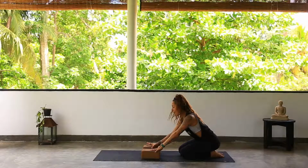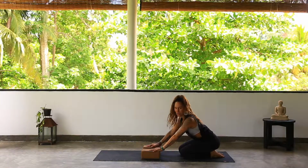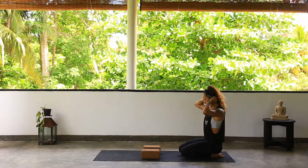So if you don't have the blocks today, that's totally fine. You'll just be a little bit more challenged with strength than the rest of us. So it just means you're going to work a little bit harder, but that's totally fine because we need to work harder, yeah? So you might have to move the blocks a little bit whenever we get up into the